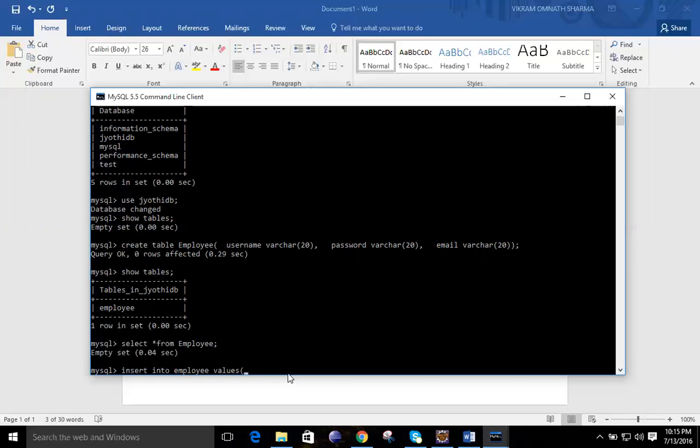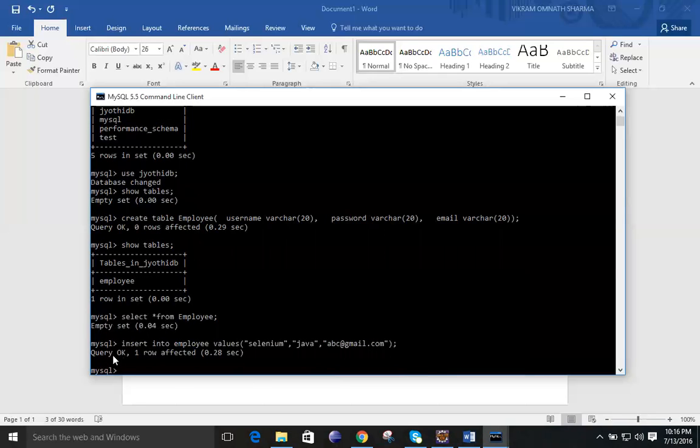You can see these values are all strings, so strings will always be in double quotes. And if it is a floating point or integer type, it will normally be without quotes. abc@gmail.com. So this is the data. These three columns you need to insert, and the second should also be in double quotes.